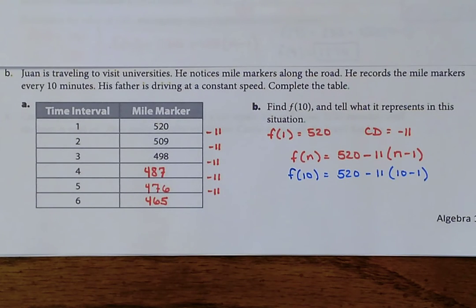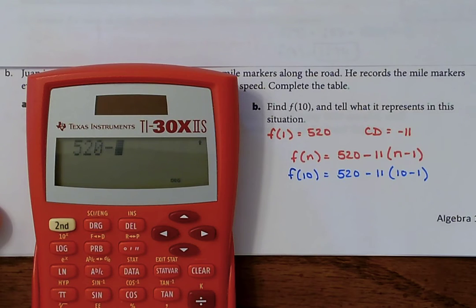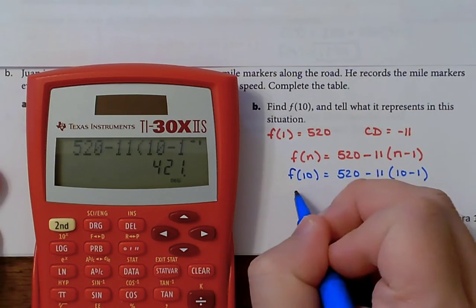So it's 520 minus 11 times 10 minus 1. So it's going to do that 10 minus 1, which gives us 9. Multiply it by 11, and then you do 520 minus that. So we do 520 minus 11 times, so parentheses 10 minus 1, end parenthesis, and we end up with 421